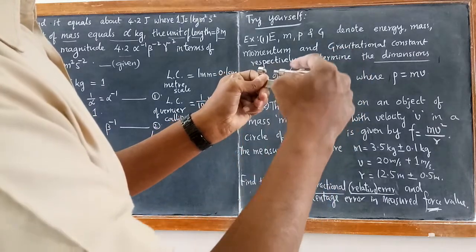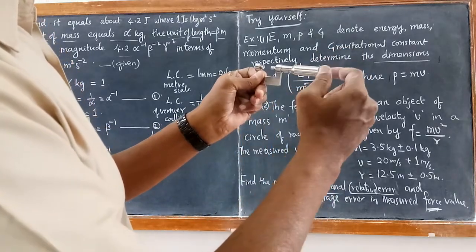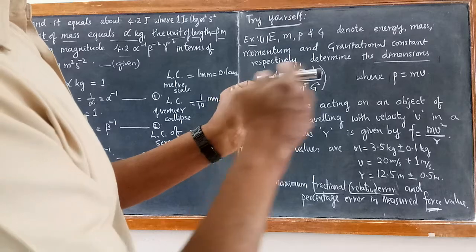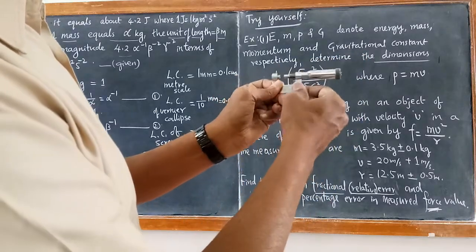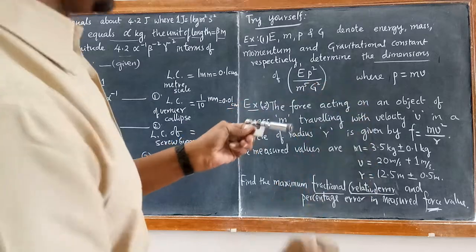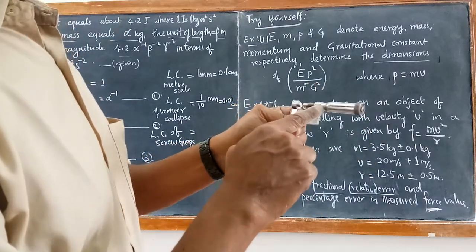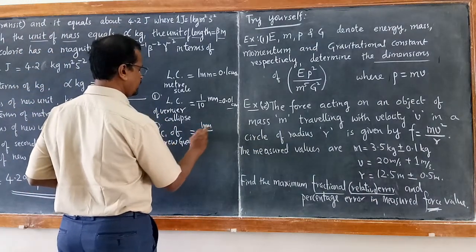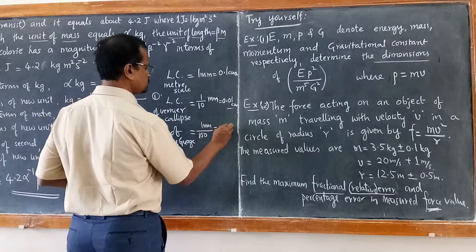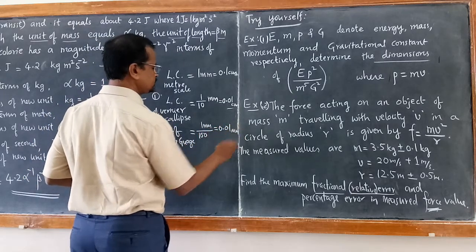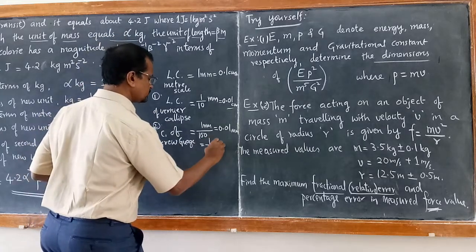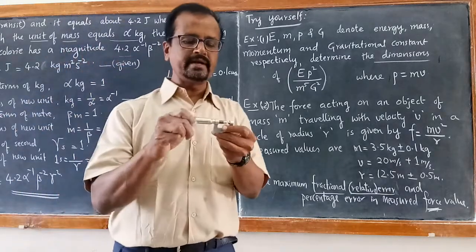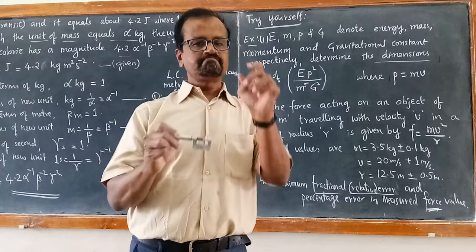It has a main scale as well as a head scale. This is called the head scale, which has the screw. This is the screw which joins here to the stud, and here we are going to keep the thing whose thickness is to be measured. So this has a still smaller least count, 1 millimeter divided by 100, so it becomes 0.01 millimeter. 0.01 millimeter means 1/1000th of a centimeter.